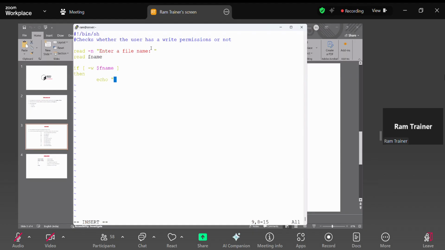So if the condition is true, what is this condition? The given file has write permission for the user. What is the information? Type the matter to append, and after appending, to stop the process,